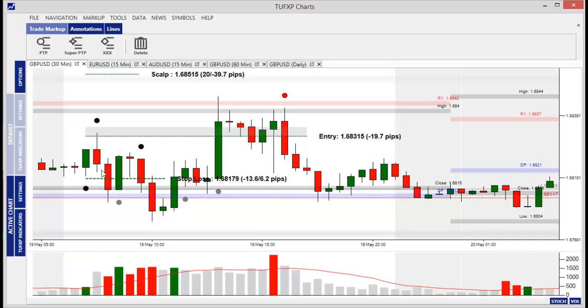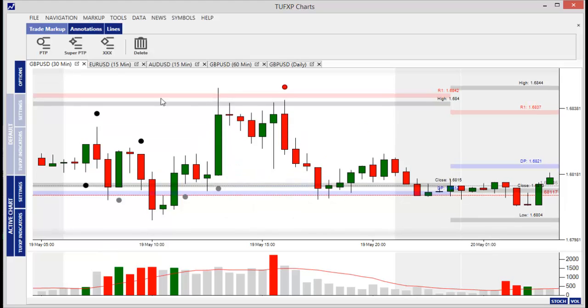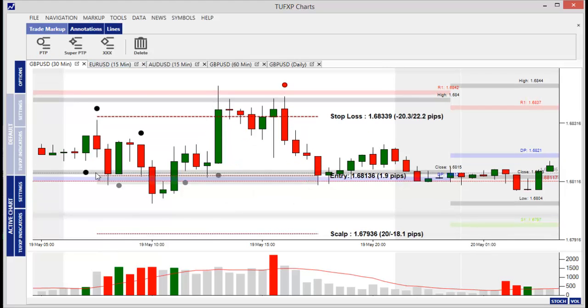selling that came into the market there, and then prices moved lower. So we were stopped out for a 13 pip loss on this trade. And let me just remove that one and just mark up this one. So then we see the market move lower off this selling and find support at the daily pivot. The market tries to come back and then goes back through, and then we have some more buying come into